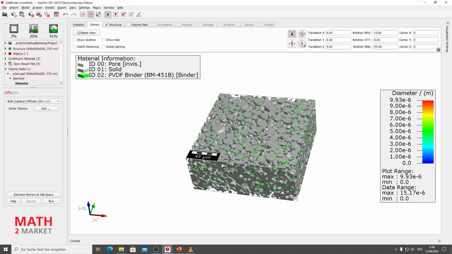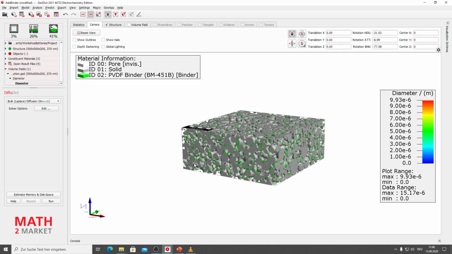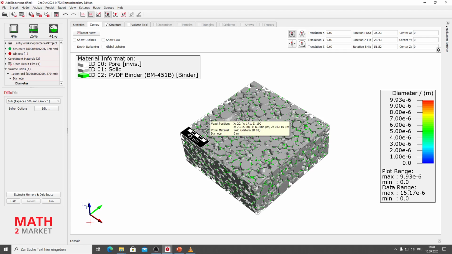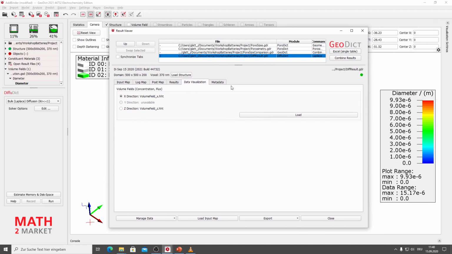And z is an interesting direction for charging the battery later on, and for all the things that take place here, and tortuosities would be interesting in that direction, and even the diffusivity, because this is just the through direction for the entire thickness of the cathode. But just for visualization purposes, we choose the x direction now because we have a longer path and a longer way for the particles to pass through the structure. So just for visualization purposes, we choose x direction and say load.